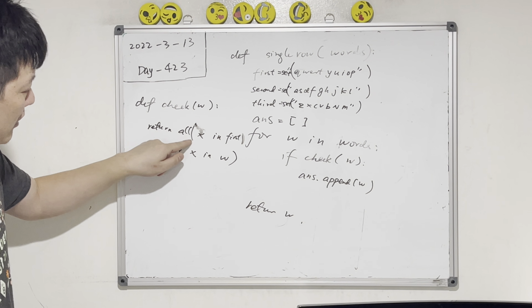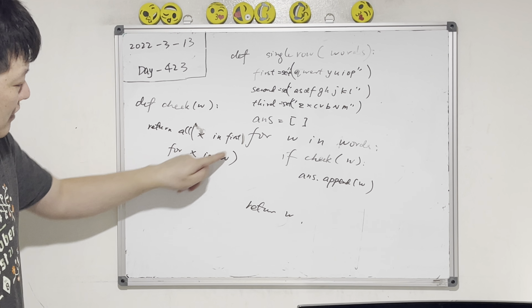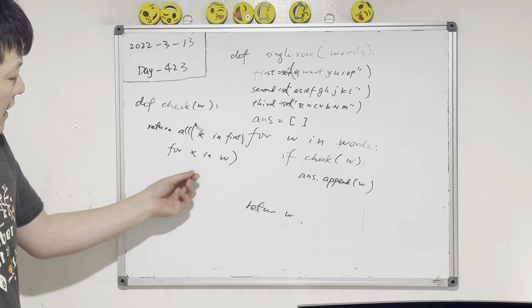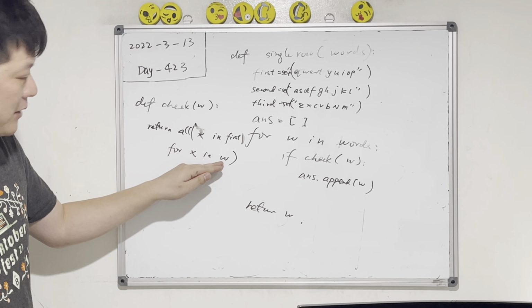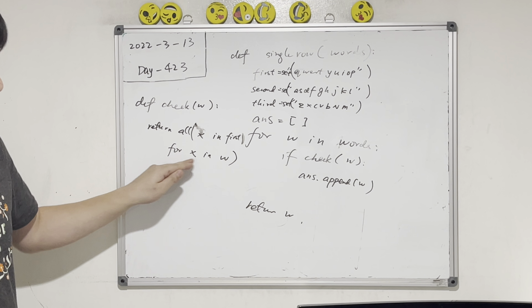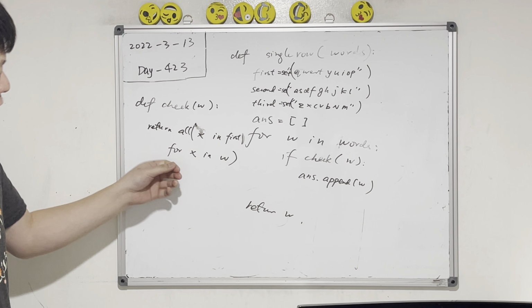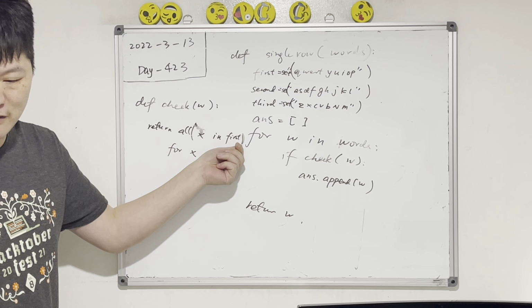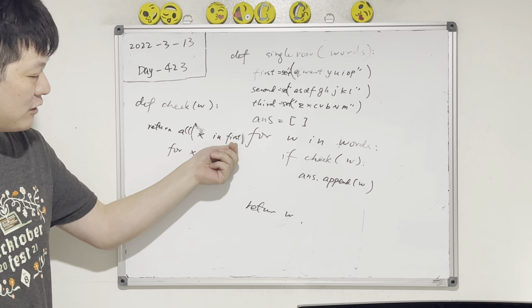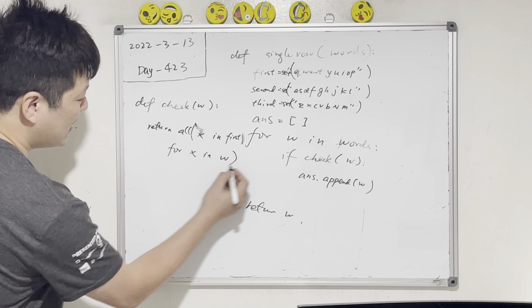So all here means all x in first for x in W, right? W is a string, a word. x is the characters, all the characters. So it basically means all the characters in W need to be in first row, right? So return all, and then